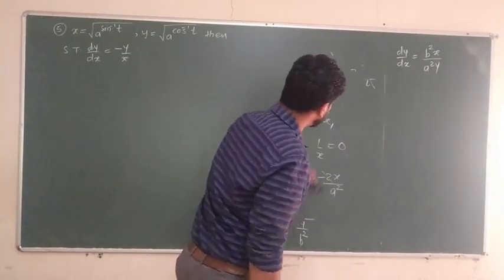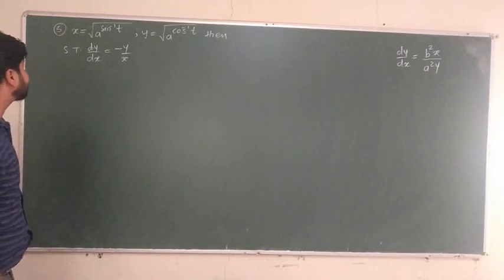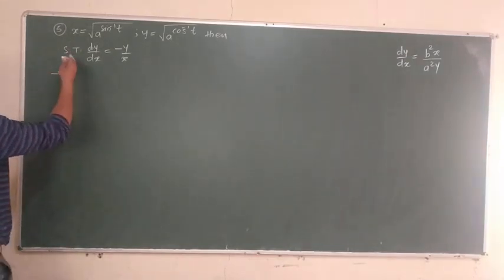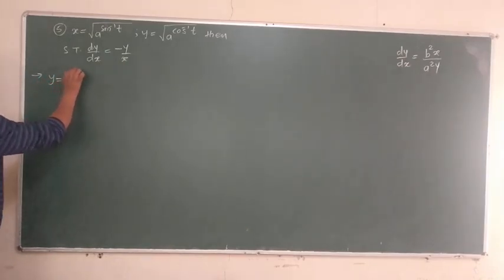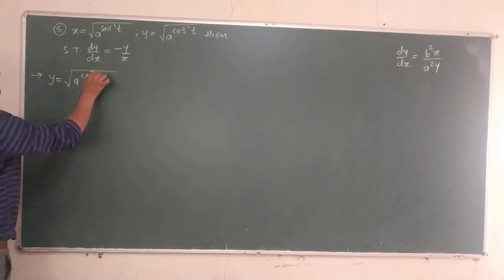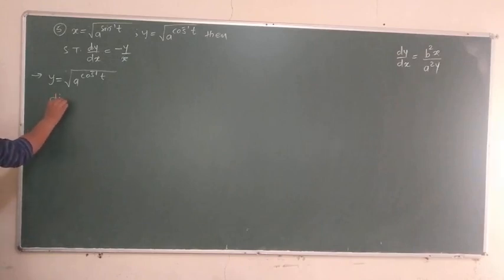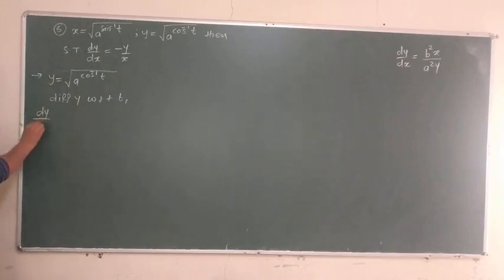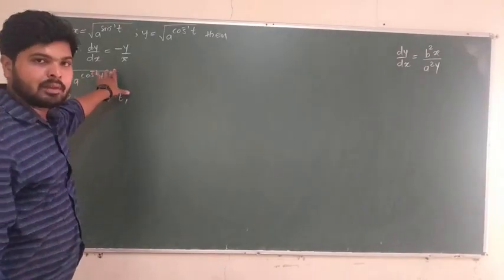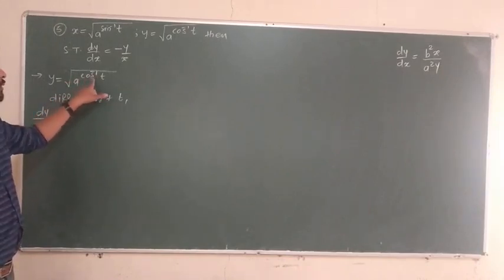So it is again a simple example, and this example is also asked for 4 marks. It is a show that type example. So first we differentiate the two separate equations in terms of x and y. What is y? It is root a raised to cos inverse of t. So it is a parametric function with parameter t. If I differentiate y with respect to t, then dy by dt is equal to, now first we find the derivative of root because it is a composite function, then the derivative of a raised to cos inverse, and then the derivative of cos inverse.